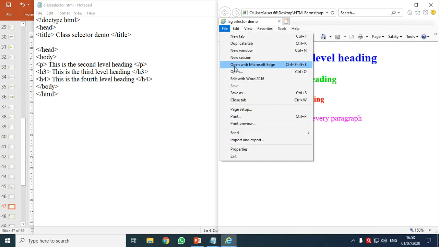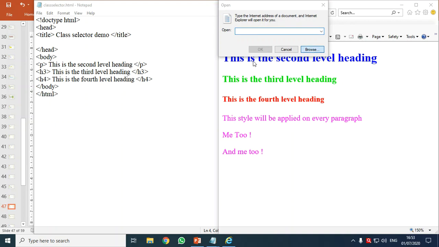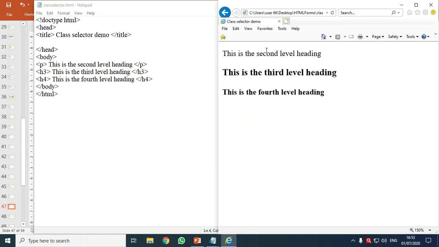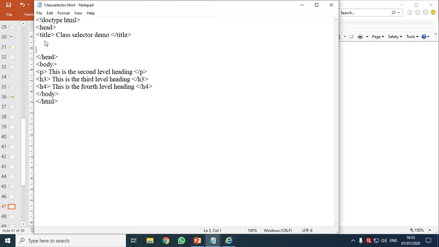File menu, open, browse, and its name is class selector. This is the simple output which I've opened: P tag, H3 tag, H4 tag. It is appearing bigger because I have changed the size of the page to 150 so that it is visible to everyone.